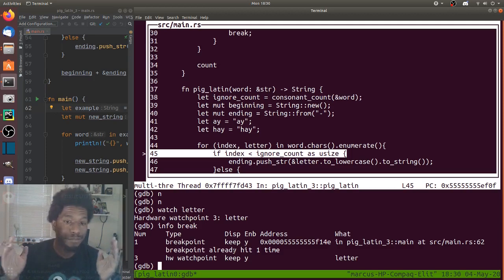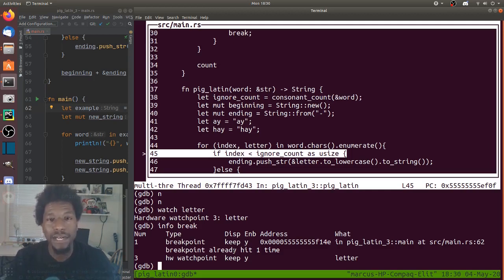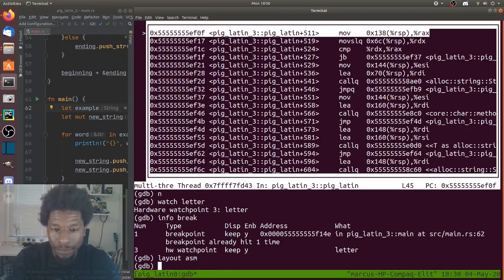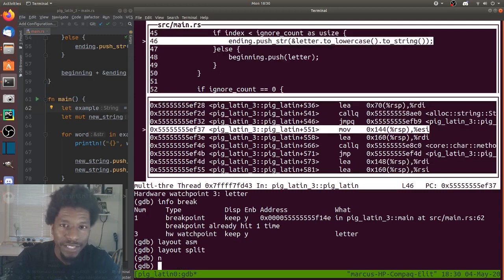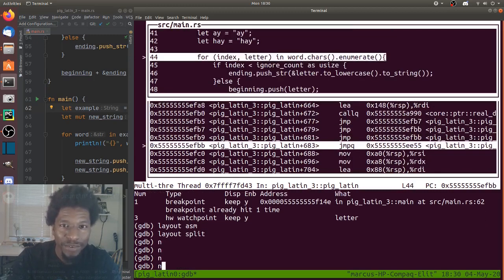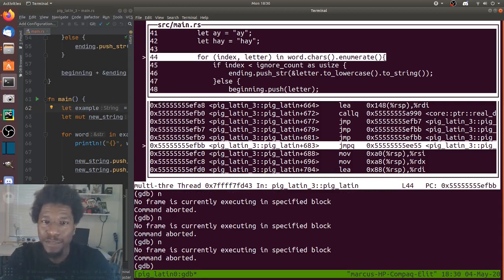With that, I think that is most of the important information in terms of GDB, at least the ones I picked up when I was reading it. But I do want to point out something really cool. There are multiple layouts, and there's a layout for assembly, right? We could just look through all of the assembly instructions line by line. But there's another layout called split, which shows you both at the same time. So you could step through to see what your code is doing, both machine level and